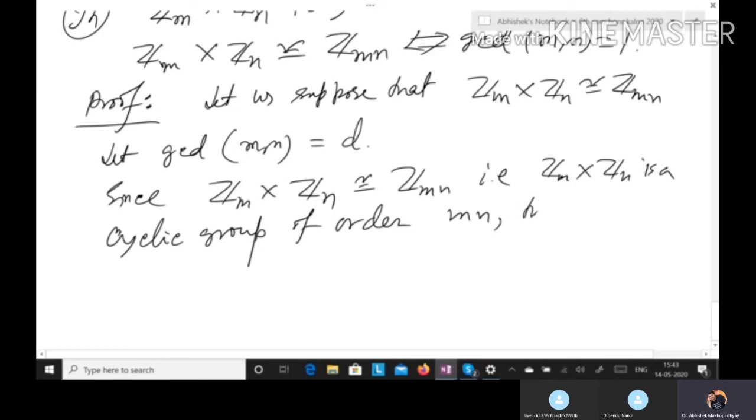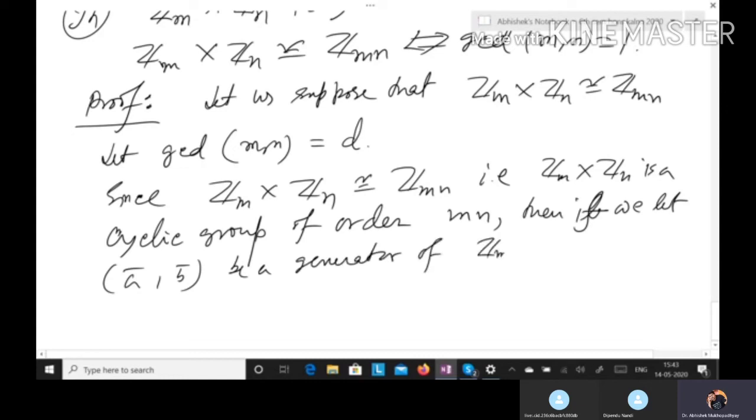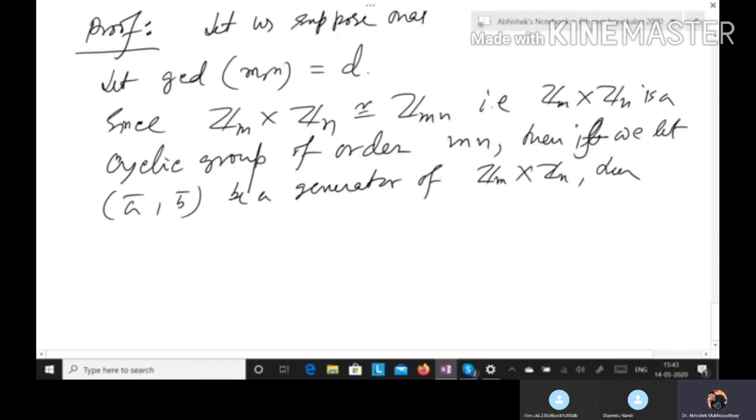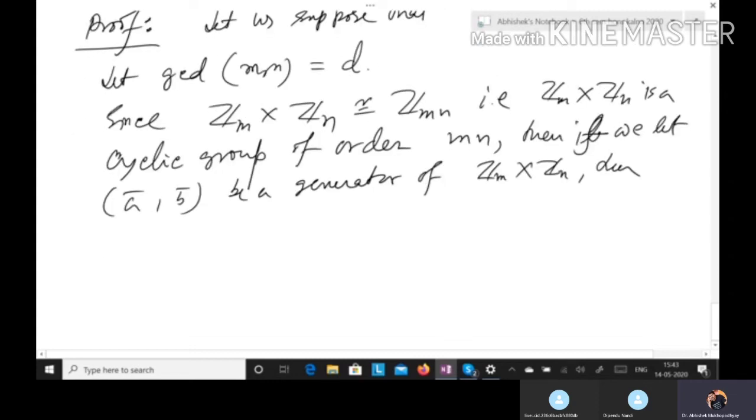Then if we let a class, b class be a generator of Zm cross Zn, then we see that firstly the order of a class, b class is mn, and secondly,